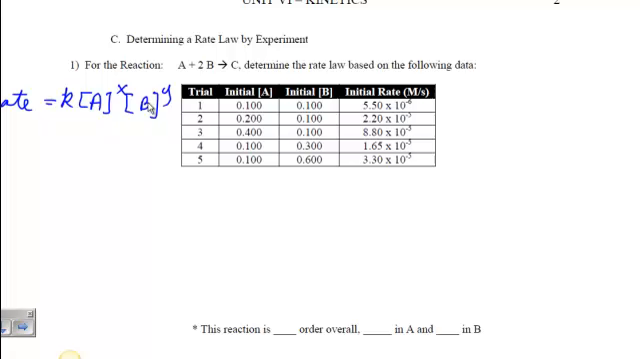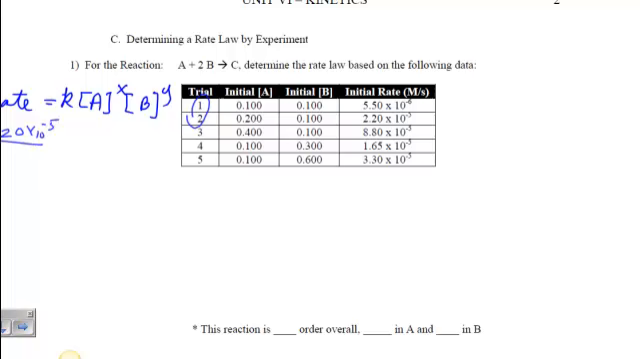So in order to do this, we can look at proportions between two trials to figure out the orders. So to figure out the order for A, what we'd have to do is look at trials 2 and 1. You don't have to pick trials 2 and 1, but I'm going to use those to show you what you can do. So you can take the rate of trial 2